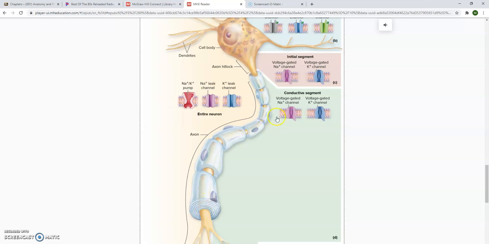They call this conductive because that's what's going to conduct the nerve impulse to the next neuron. So it's conducting the signal all the way down the axon. That's where you will find the voltage-gated channels. And you'll have voltage-gated sodium channels along here, along the initial segment of the axon, and then along the axon down